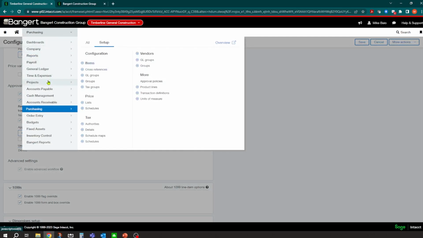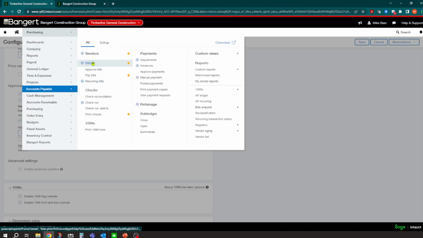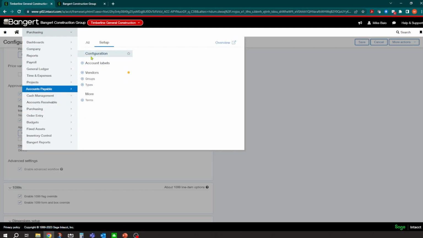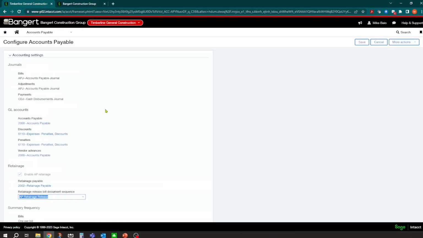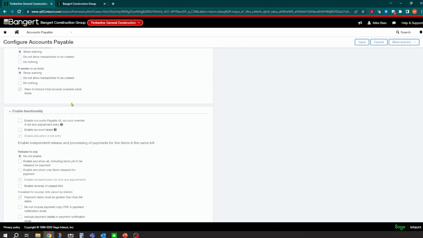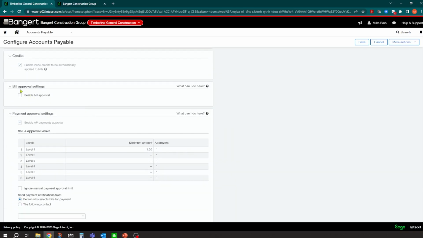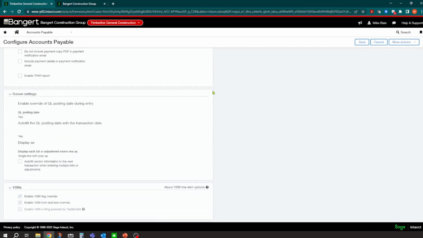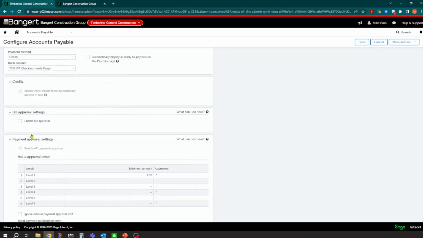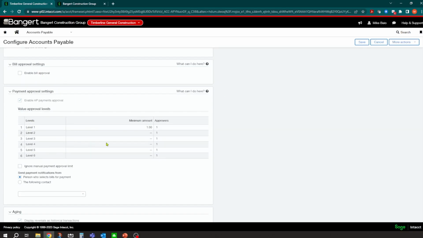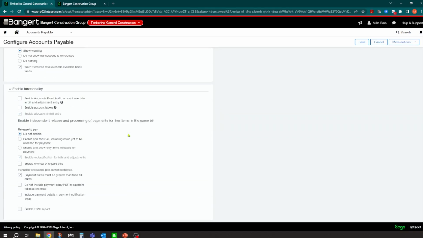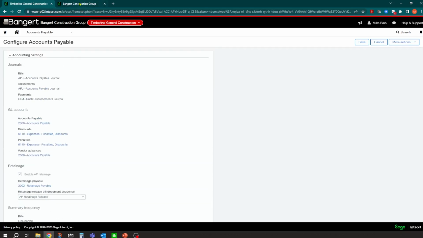So when I hit post there on that subcontract invoice over in accounts payable, that creates a bill. Well, that may have then triggered an approval for the bill because in the configurations for accounts payable, we can configure approvals in here as well. So we have approvals both for bill approval settings. So if I click that and turn that on, I have to click edit. I'm not in edit. So if I edited that, I could turn on bill approvals and I can also turn on payment approvals. So you can have lots of different tiers and levels depending on what your company requires for your approval methods. Okay.